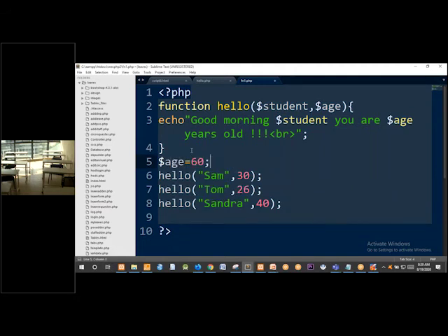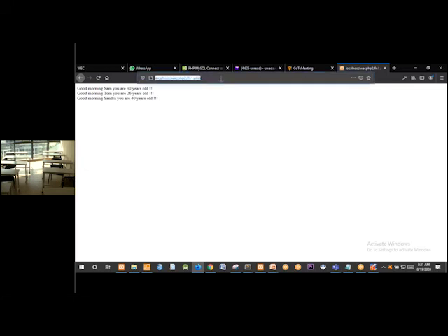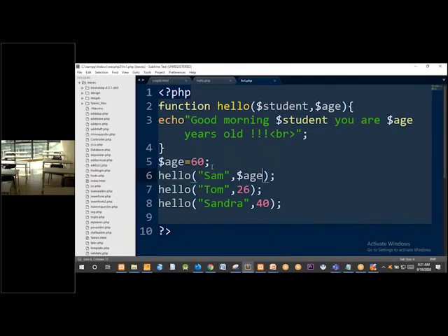Now, call by value. By default, we have to pass values inside our function. The values passed by value, you cannot modify inside the function. You cannot call it and modify your value. For example,